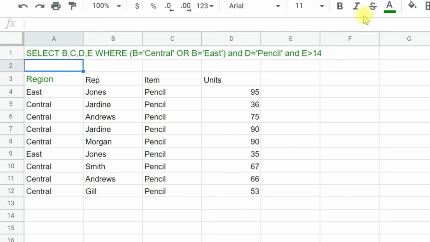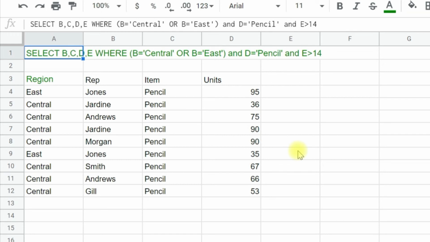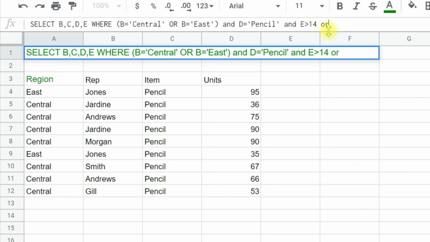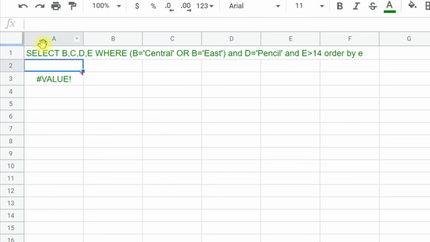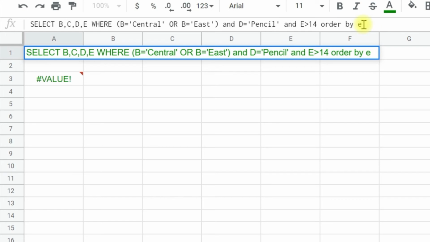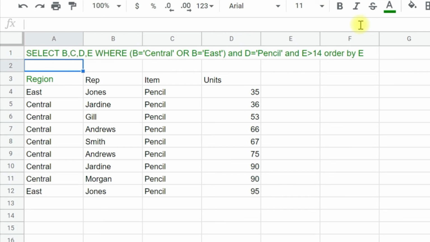Now we want to sort it in increasing order, let's say. So we'll apply the order by clause here. Order by E column, so according to the E column it will be arranged. Here again the column letter will be in uppercase, so it is arranged in increasing order by the E column.